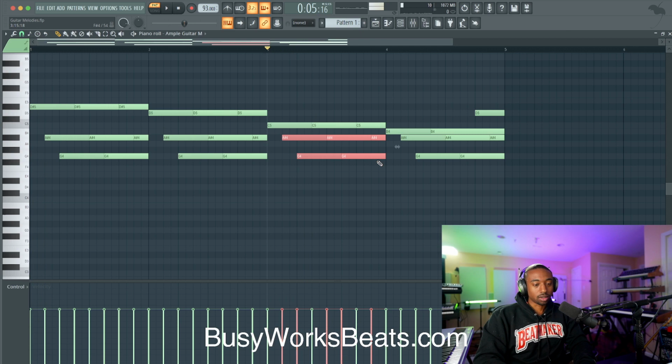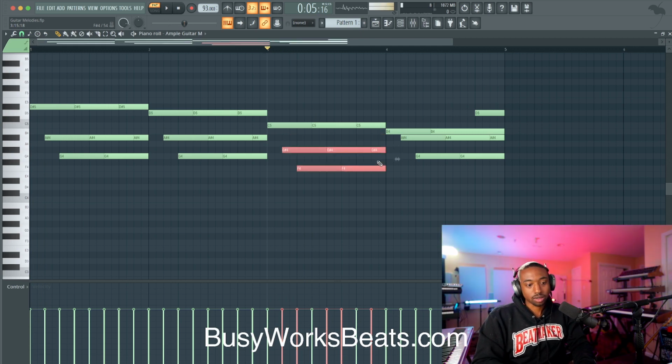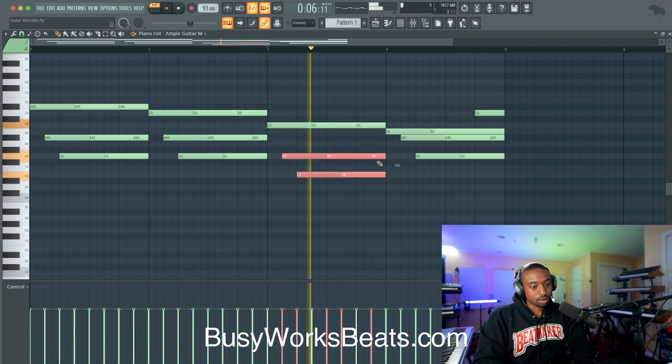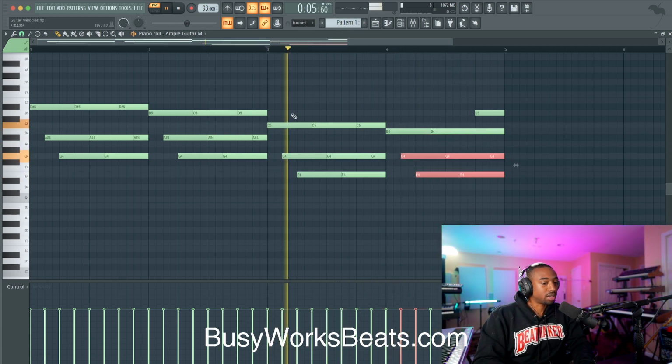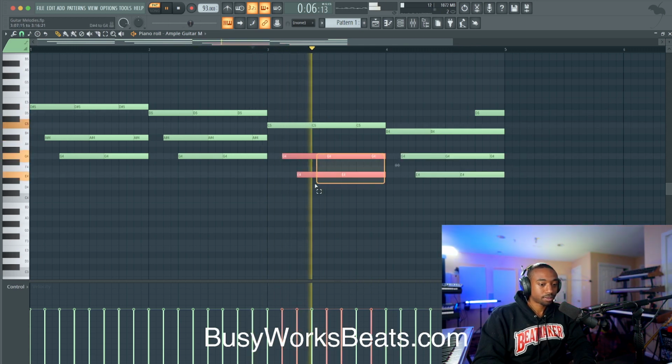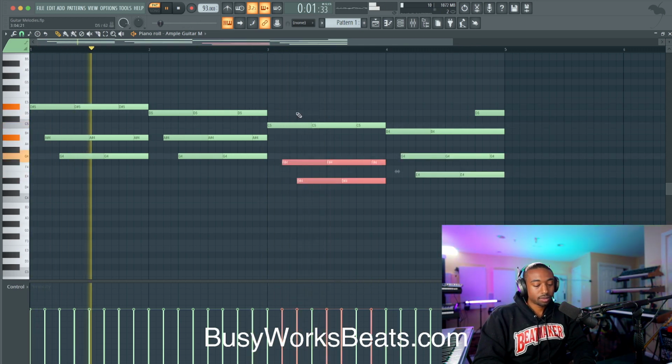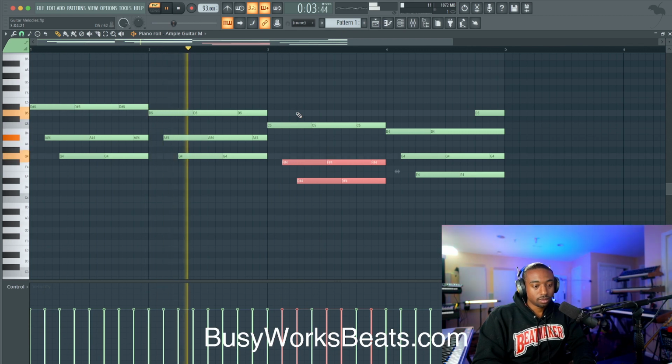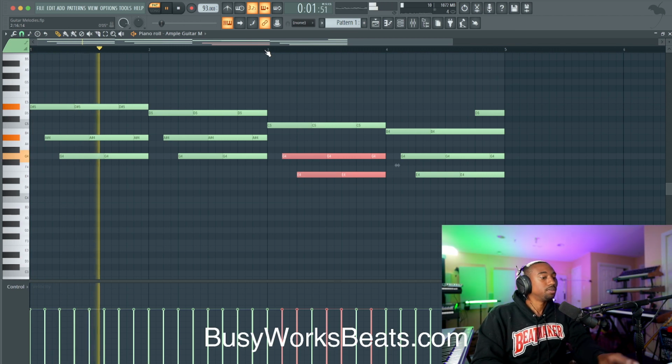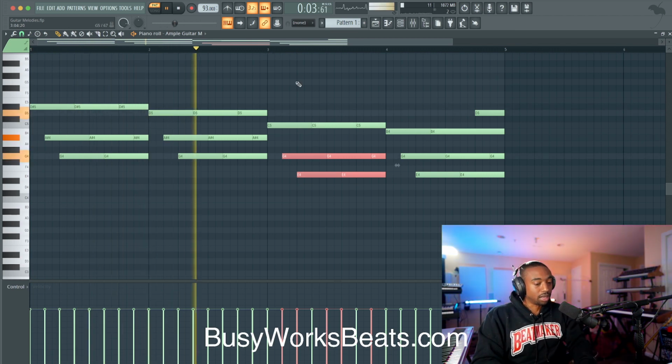So right here, it feels a little tense because these notes are so close. So here's where I would change out the chord type. You don't even really need to know music theory. You could just transpose these notes. Now, to keep the same formula, we would count it out 0, 1, 2, 3, 4, 5, 6, 7, 8. So we're one note too low. Hit shift up and down to transpose.